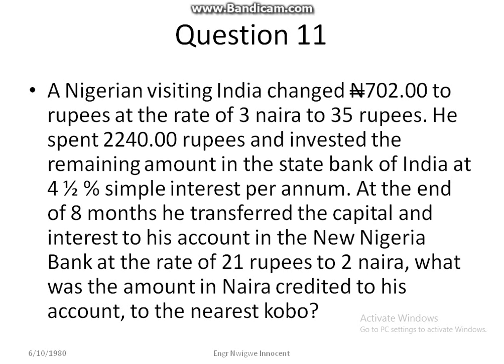At the end of 8 months, he transferred the capital and interest to his account in the new Nigeria Bank at the rate of 21 rupees to 2 naira. What was the amount in naira credited to his account to the nearest kobo? Answer: